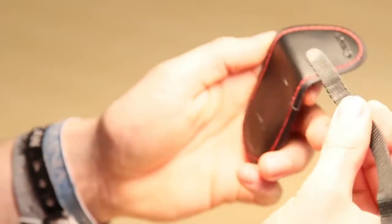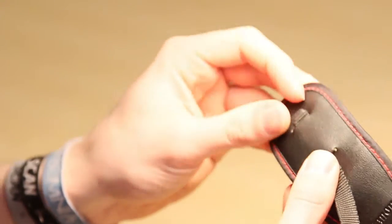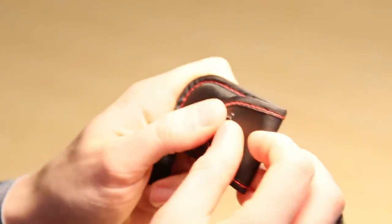So what were my thoughts on the Canon remote control? Well, I must say it does what it says on the tin. Like, I can use it to take pictures of me while I'm doing things on my camera. It's cool. The only thing I wasn't really a fan of is that I have to change the setting that the camera's on. I have to put it onto like the remote setting, which is a bit of a pain